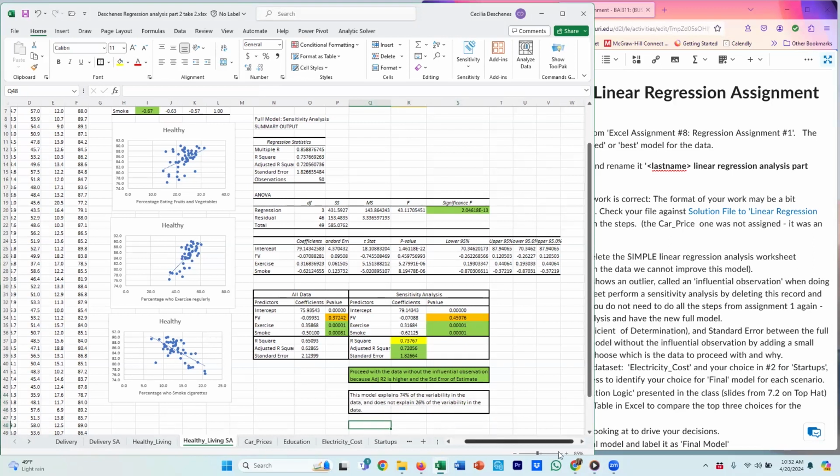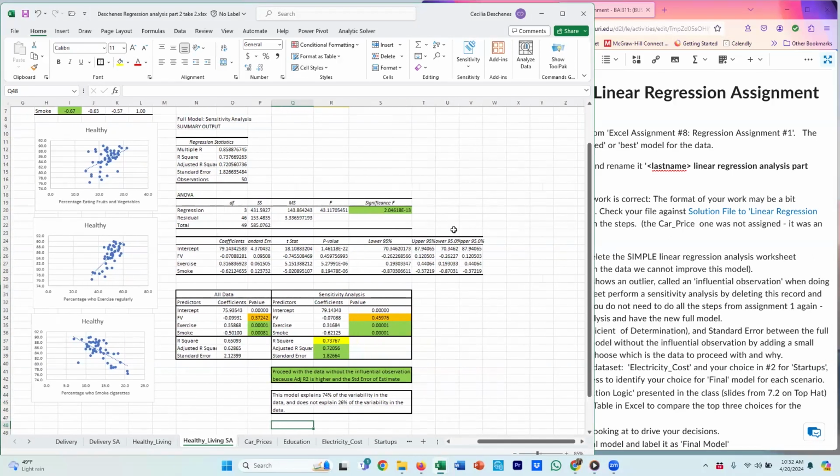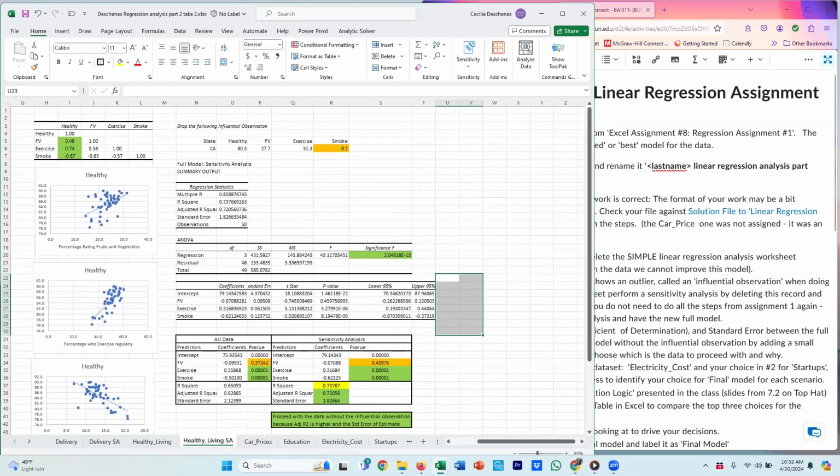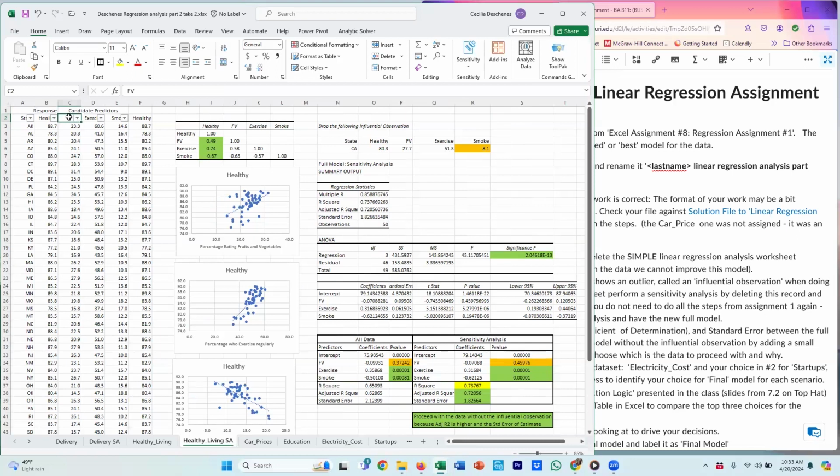So because of that, I'm going to come and do a step down. So for my step down, and again, this is annoyingly in the way. So I'm going to say I'm going to step down and drop FV from the model. So FV is not visible there for some reason. Okay, what is it? Why can't I see FV? All right, I don't know what happened. All right, anyway,